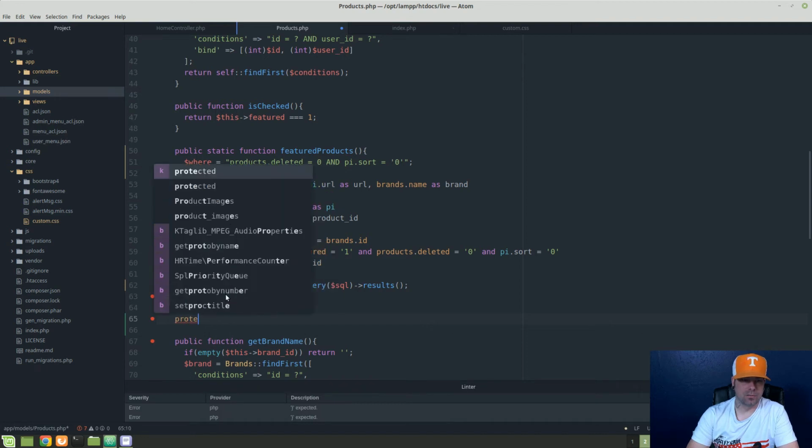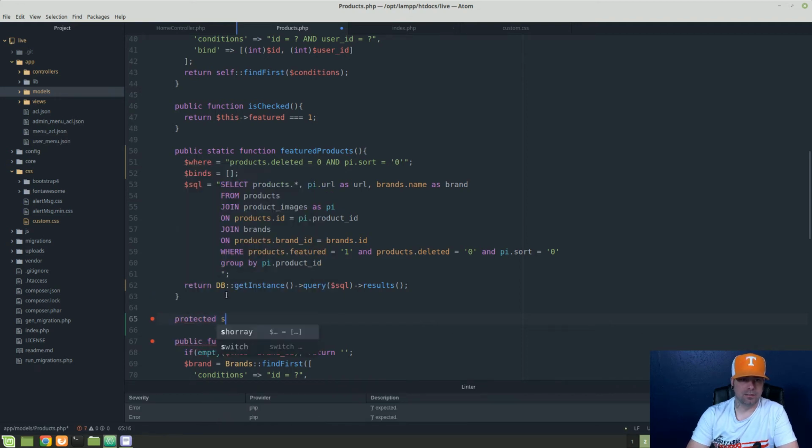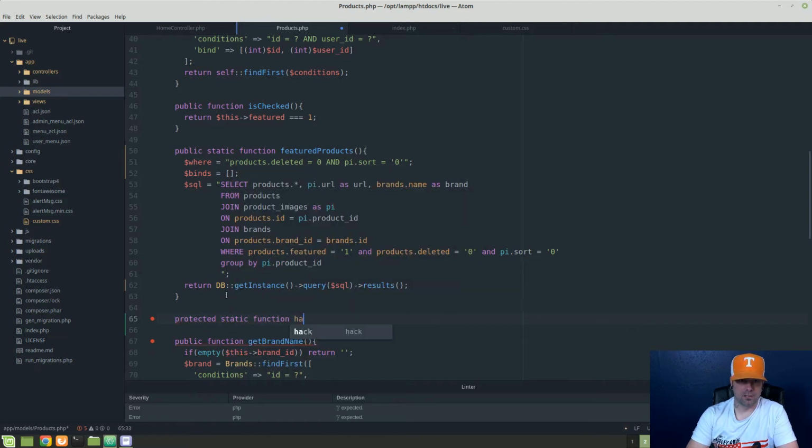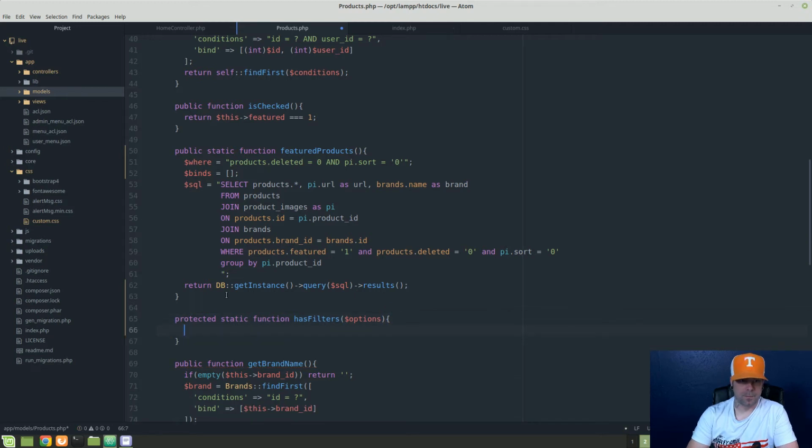So we're going to do a protected static function, and we're just going to call this hasFilters, and this is going to take our options, and what we're going to do is we're going to basically go through all of our options and see if there's a value in them. So